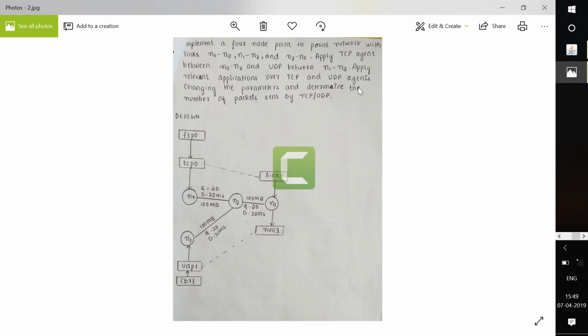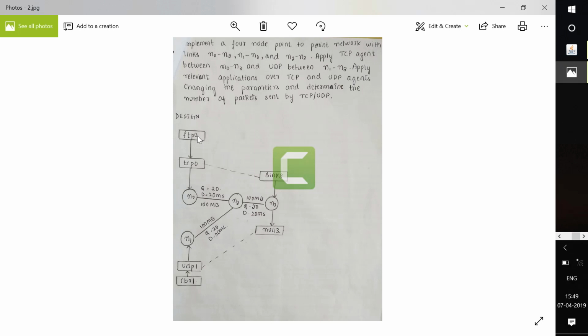Change the parameter and determine the number of packets sent by the TCP and UDP. Here you need to find the number of packets sent by the TCP and UDP. In this network, as I said in the first program, FTP is a protocol we call the file transfer protocol, which is present at the application layer.